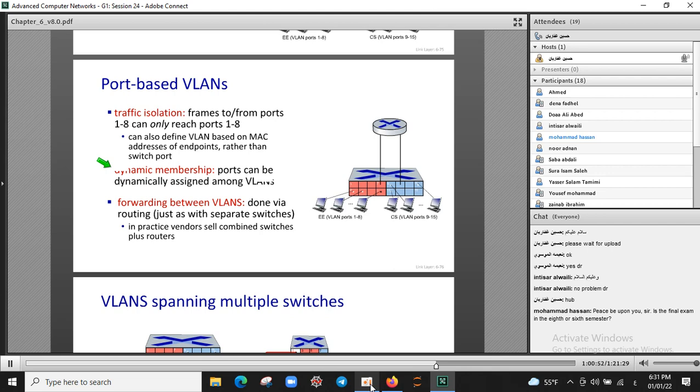If you are in a small department, it may be better to use dynamic membership, but if you are working in a large network, it's better to use static membership because of security issues, something like that. Okay,